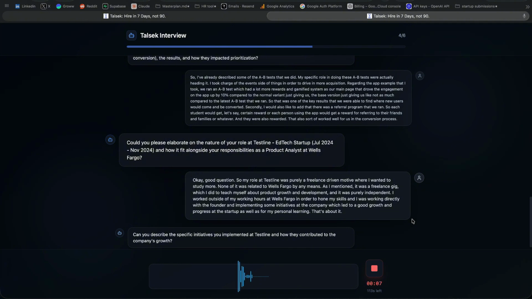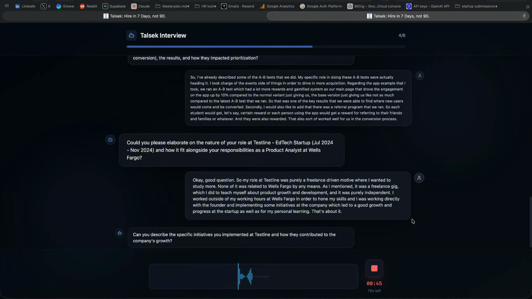One was to implement a new venture, or a growth experiment you can call it, where we brought in experts on particular subject matter to clear doubts of students. I organized that whole experiment for growth, where we would organize weekly sessions with these experts to clear doubts of students. At the time, of course, the revenue of the startup was not so much, but the amount that we were able to generate from this growth experiment purely from students led to almost a 10% increase in the revenue of the company.